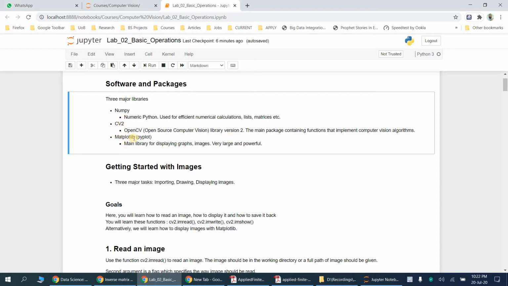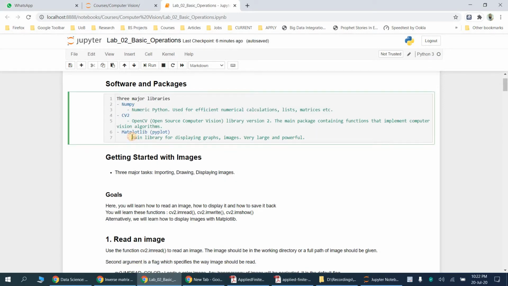And then the third library is Matplotlib. If you have completed the DataCamp assignments, you know a little bit about Matplotlib. Matplotlib is used for plotting. That's why the name is given over here. The name abbreviation is not given. I should write it somewhere. So Matplotlib is